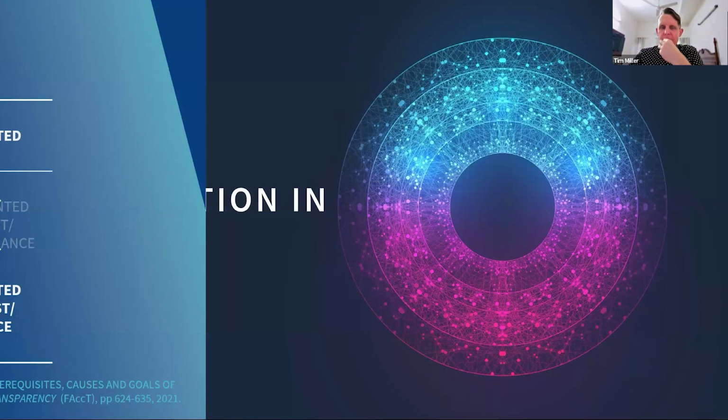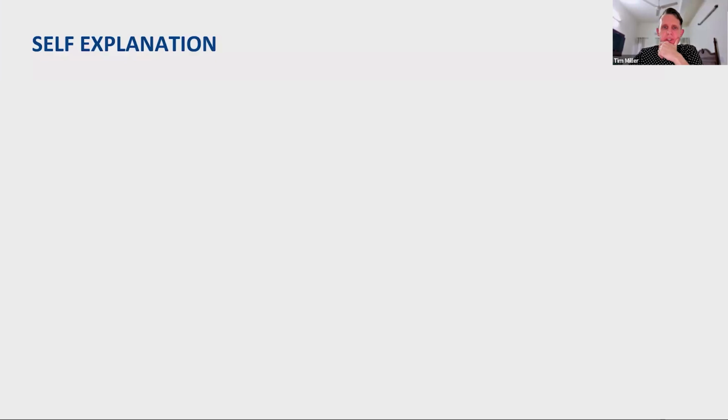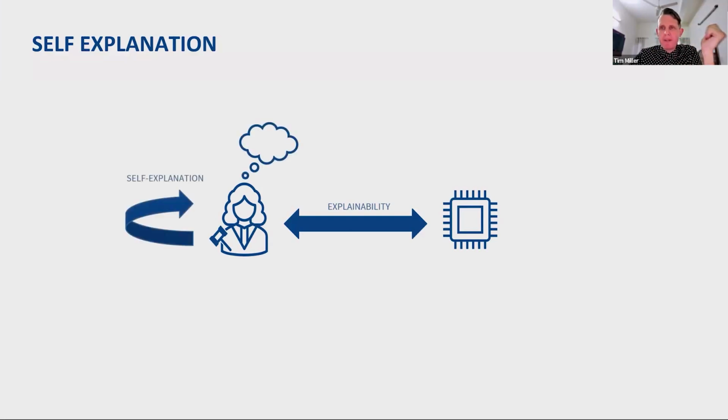And part of the reason I think this works is because we have been thinking about things in slightly the wrong way for a lot of cases. And I want to talk a bit about self-explanation. So self-explanation is really this process where we've got a person interacting with the machine and you have explanations going back and forth between them. You have recommendations and explanations. But at the same time as trying to figure out why the machine makes the decision, the person is also trying to make a decision themselves. So they're trying to do a diagnosis cognitively, and there's a machine that's trying to do a diagnosis too, and they're trying to match these two things together.